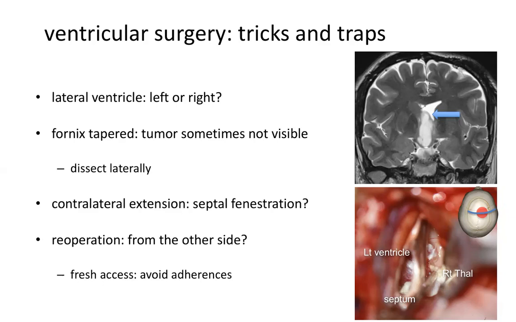You have to dissect the lateral limit of the fornix to reach the tumor. And once you are in the tumor and you debulk it, you gain a better access. And if you do a contralateral extension, you have to anticipate that you may have two sheets of septal tissue. And if you reoperate, you may have to go through from the other side to avoid the adherences